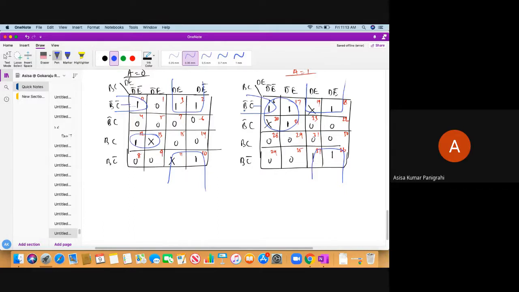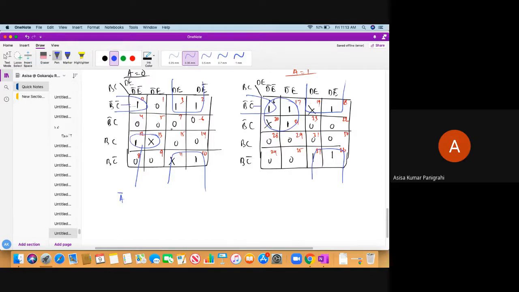Now we can start finding out the common terms. Here we got obviously A bar, because if you do single groupings, only these minterms combine and we will encounter both A bar and A terms. So always try to combine from here to here because these are all adjacent. Obviously A will get diminished. If one variable diminishes itself, obviously we will get a less costly design. The number of literals will be less.